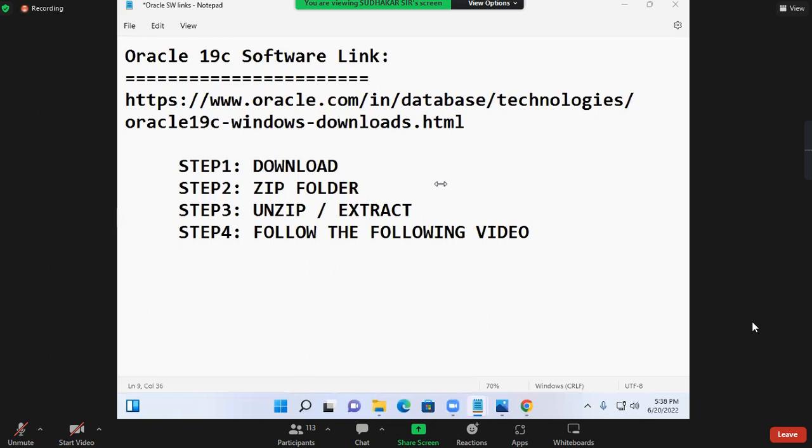Here, the password of whatever you created here, in that password, you should have at least one uppercase letter, lowercase letter, at least one